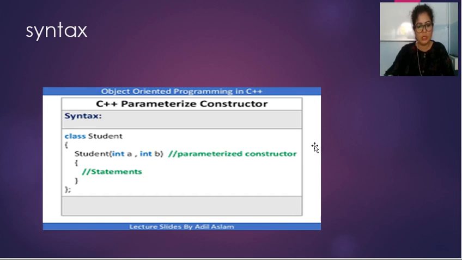There is no semicolon at the end of the constructor. Then in the class you can write data members, member functions, whatever you want to use in your program, and then the class closes with the curly bracket and semicolon. So here is the syntax of how to use a constructor. It is very simple to use, and this is how we can allocate memory.